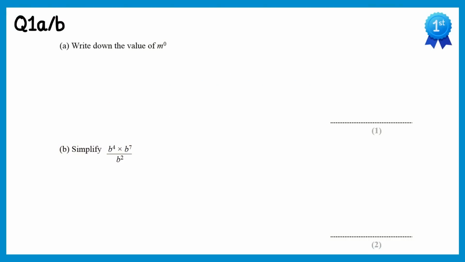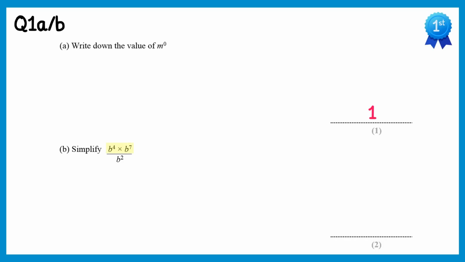So for question 1a and b, we need to write down the value of m to the power 0. You should know that any number to the power 0 is just 1, so m to the power 0 is just 1. For this next question, we're going to start by multiplying b to the 4 and b to the